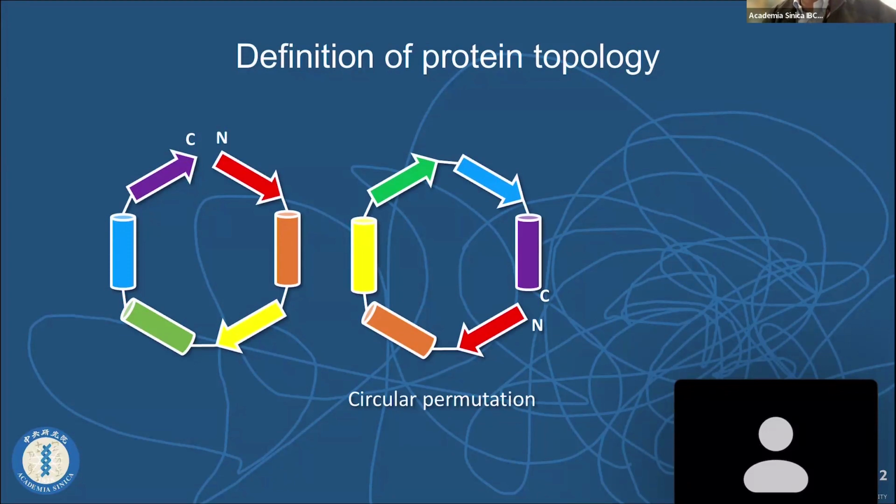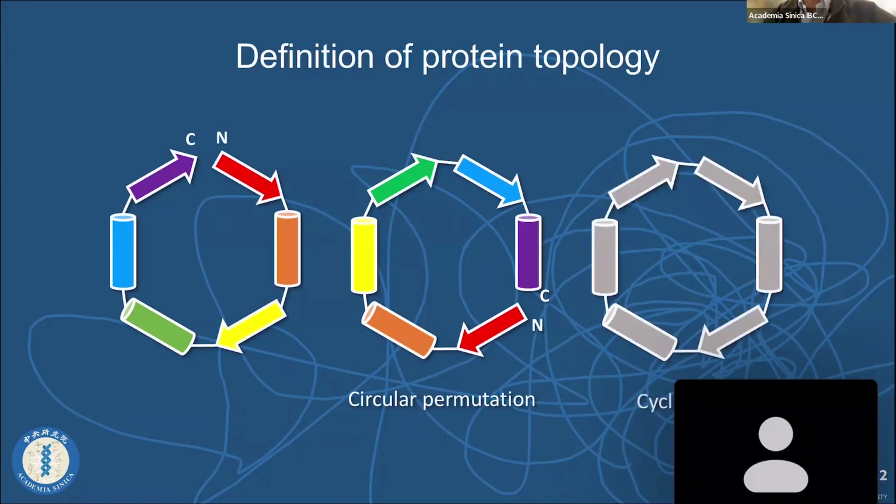In the context of protein topology, the circular permutant will then have a different topology. What I will show you later is that we can even cyclize the protein. And that introduces a puzzle, or a conundrum, in protein topology. That is, if you don't have an origin, how do you define protein topology